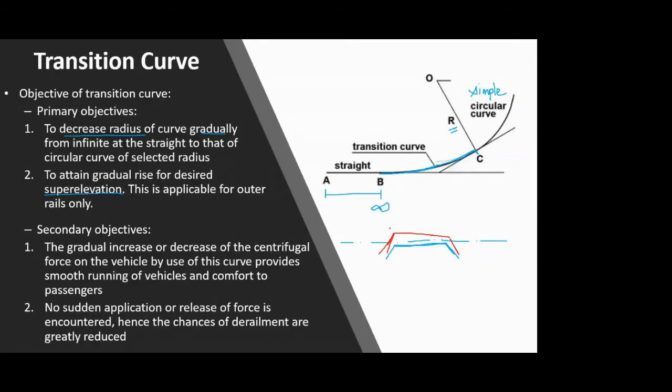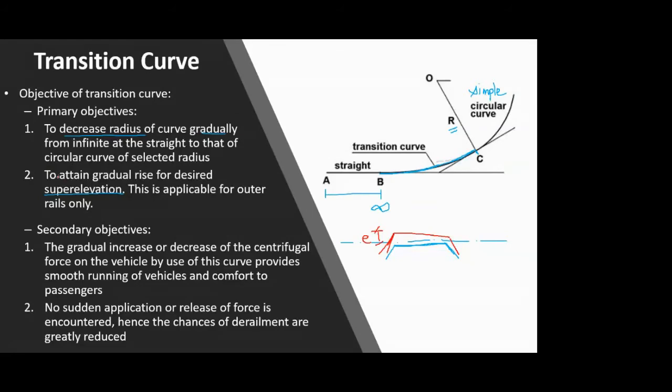outer edge is lifted over the inner edge by some distance, and that distance is known as the superelevation, generally given by small e. Okay, this we will be studying in detail, and this I have just exaggerated to show you what is superelevation. Again, in practice, this e value is very small, but though the value is small, it affects a lot in your design.